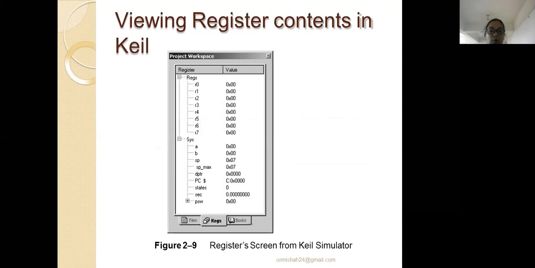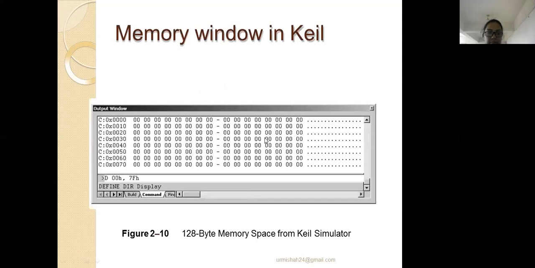You can see the output of registers over here on this screen. This is the output window where you can see whatever final output is generated at specific addresses or locations. It is a 128 byte memory space used by the Keil simulator.